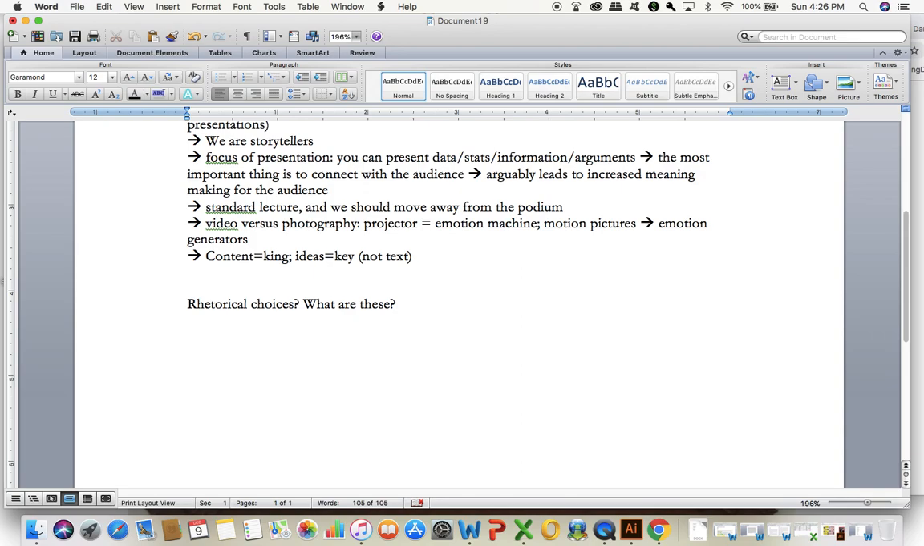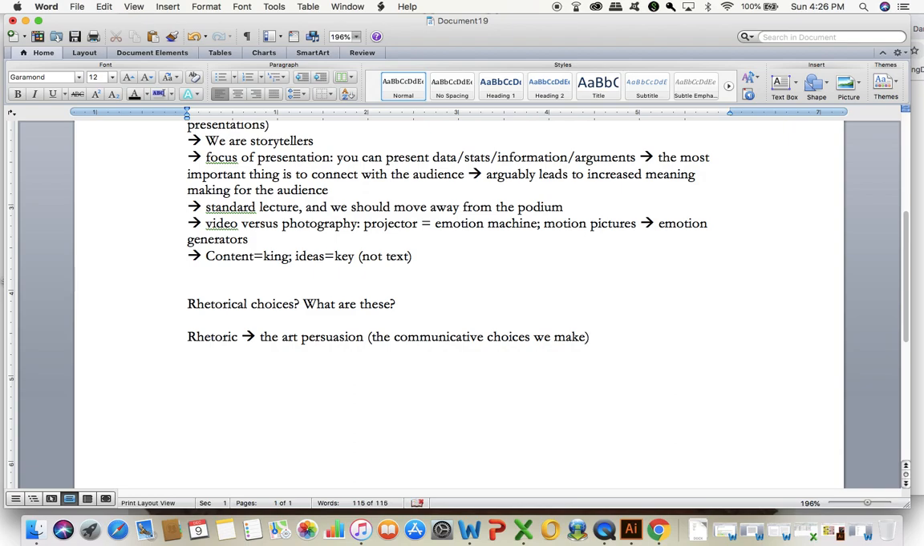If we just consider the word rhetoric, it's really identified as the art of persuasion. It's the choices, and I should even qualify that, the communicative choices we make when